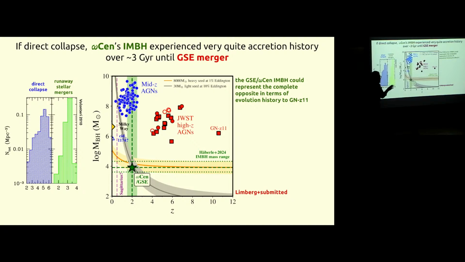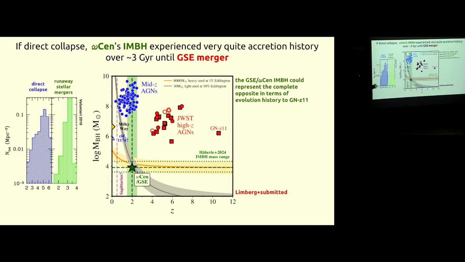And why I thought this was interesting at the time, meaning 2 months ago, is because just recently I have been to this conference where people were talking a lot about these galaxies right here. These are galaxies at very, very high redshift, as you can see right here. For instance, there is this one example, GN-z11, that has a redshift of more than 10, which has a very massive black hole, a very high mass black hole. And in order for you to explain these overmassive black holes at high redshift, what you really need is the complete opposite of ωCentauri. What you need is a very heavy seed and very high accretion rate, like sometimes above Eddington rate, which is very difficult to imagine.